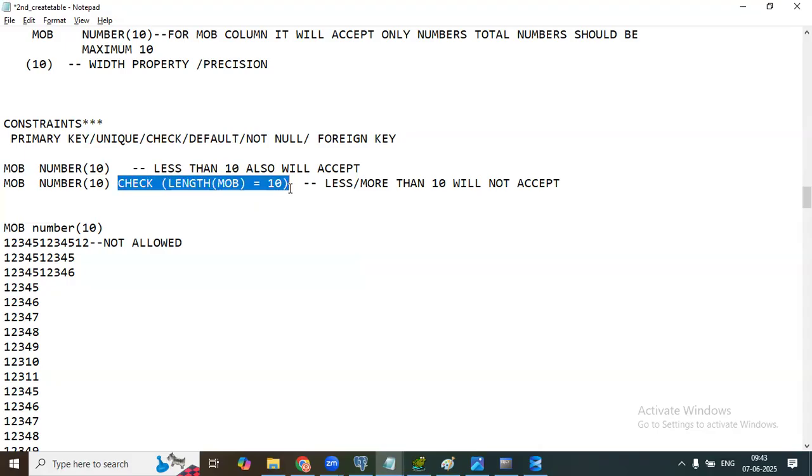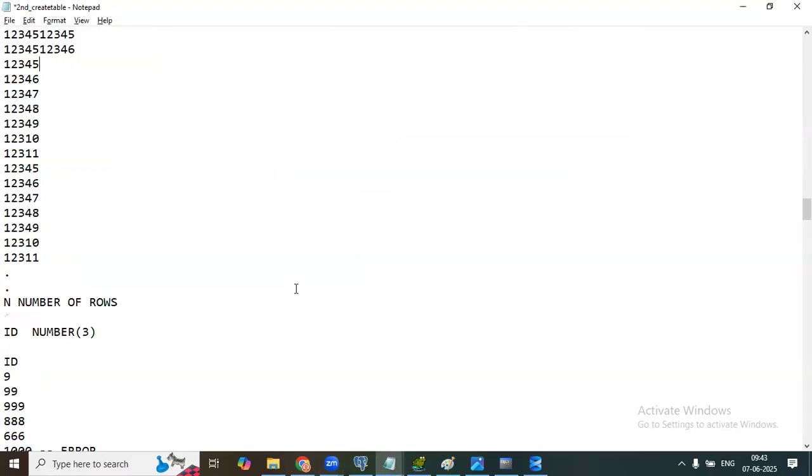This is called constraints. Right now we're discussing data types. By default, the data type will also accept less than that. If you don't want that, you have to go for a constraint. Is it clear? We can discuss constraints at a later point. Don't worry.